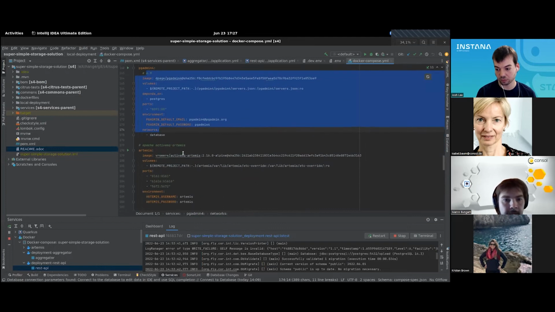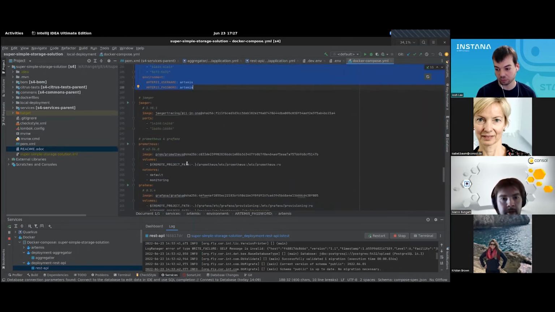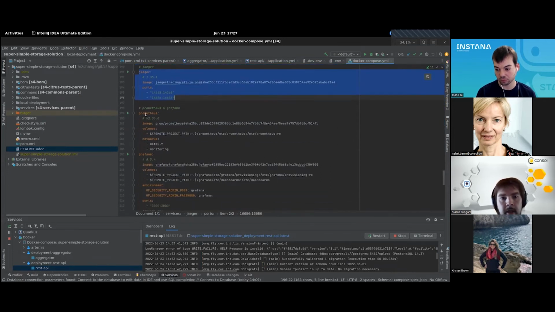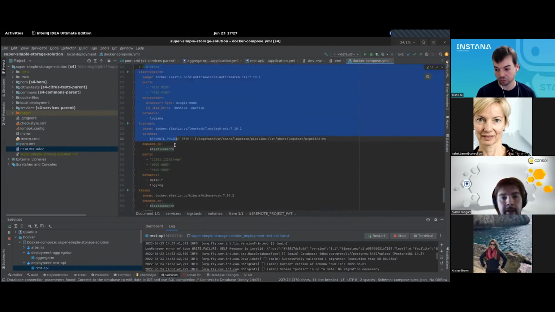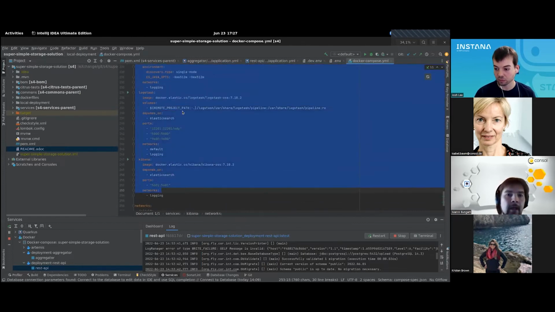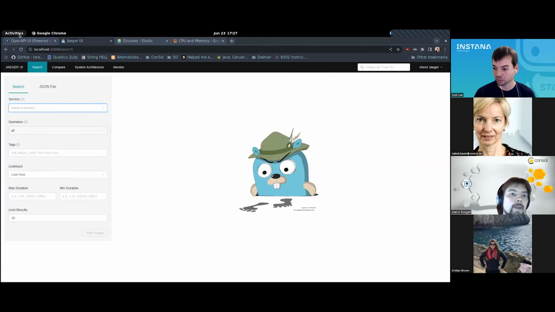This here is our database we are using. This is a UI2 database. This is our ActiveMQ that we are going to use. And here's the interesting part. We have a Jaeger for our tracing. We have a Prometheus and a Grafana for our dashboard. And we have an ELK stack for our log aggregation. So, with this, I'm going to demo you guys the application locally.